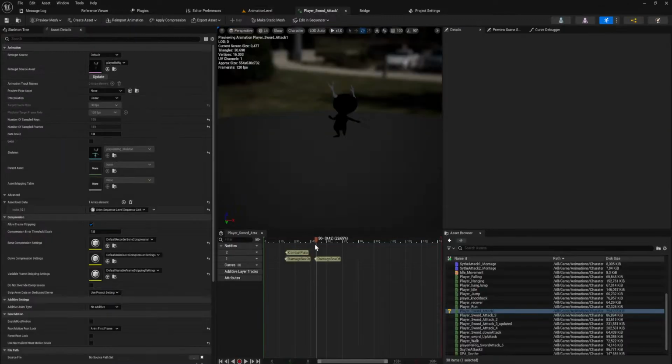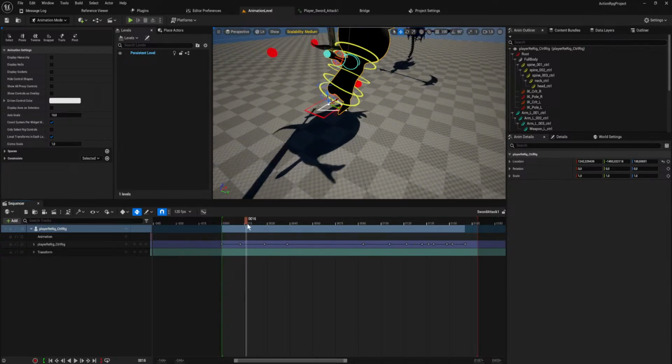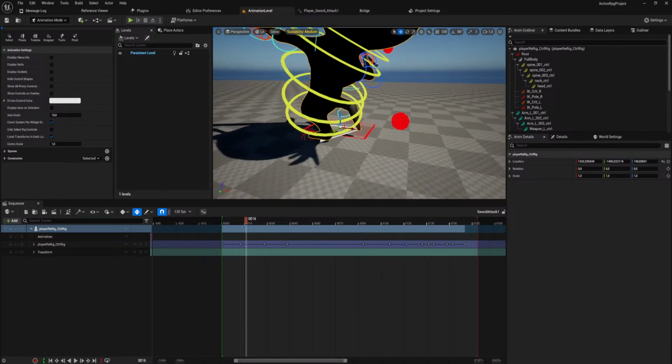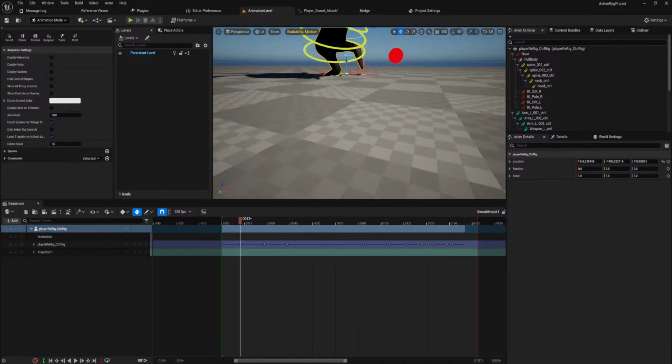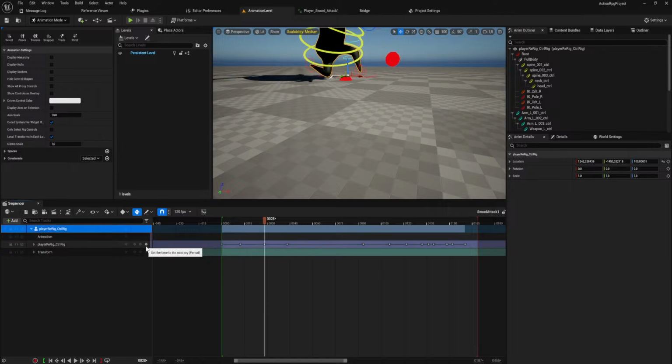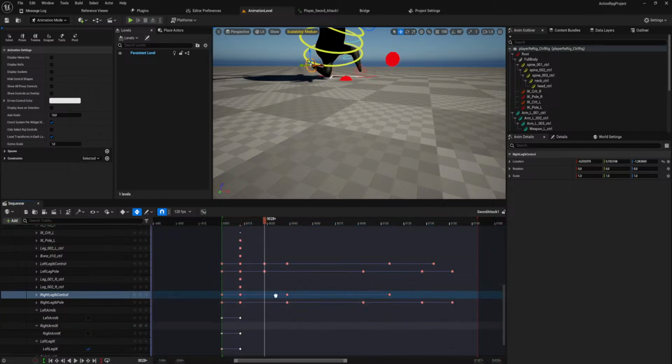Open linked animation sequence. It is this one. Oh, his knees do still do that weird thing. Never mind. Oh, I think the keyframe where I fixed it got removed. Yeah. So I don't really want this to animate yet.